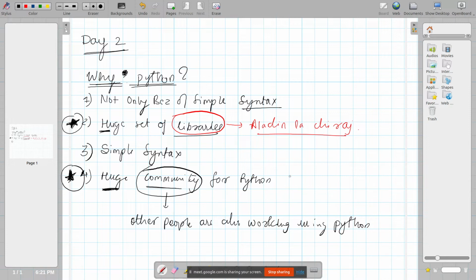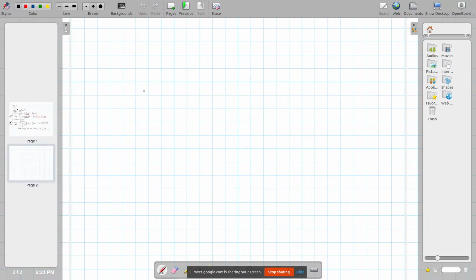It's almost worldwide. Almost every programmer worldwide is using Python for some kind of purpose. It will help you with debugging and solving errors. If you get any errors in future, it will help you out there.